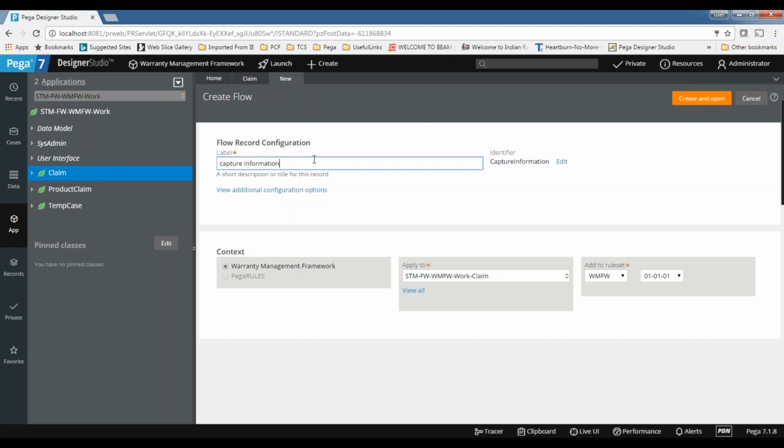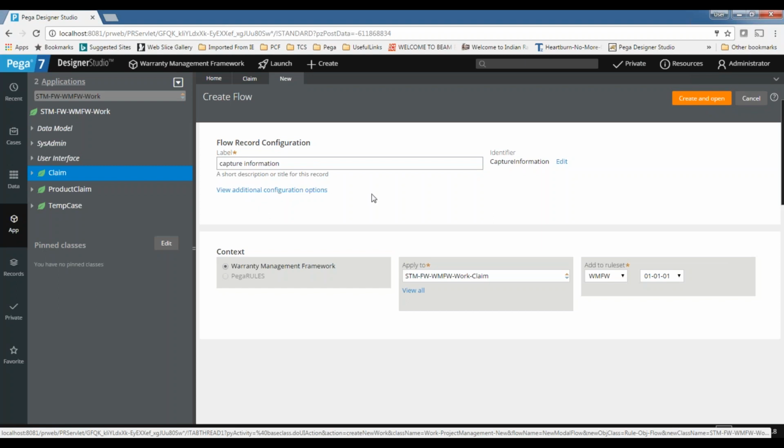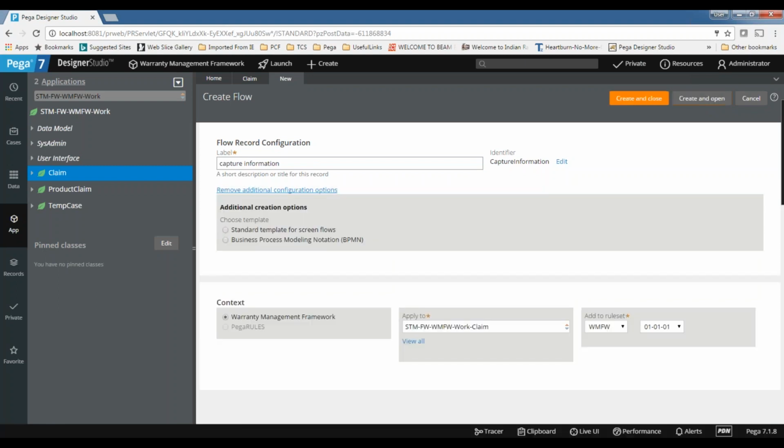So if I want to create screen flows, if you directly give the name and click create and open, by default only standard flows will be created. So if you want to create screen flows, just click on this additional configuration options, then select the standard template for screen flows. Standard template for screen flows.